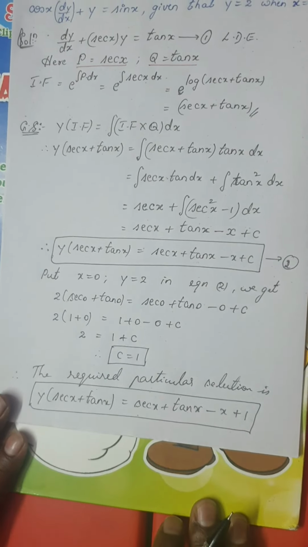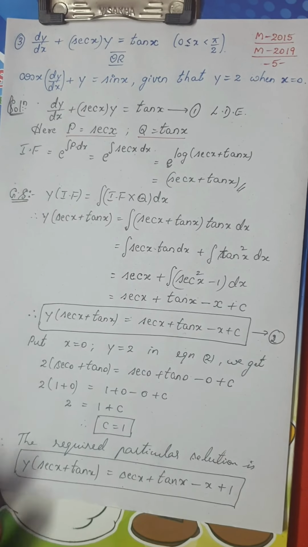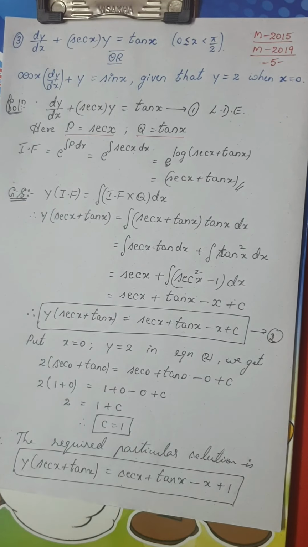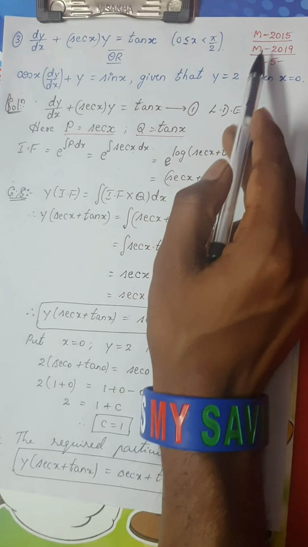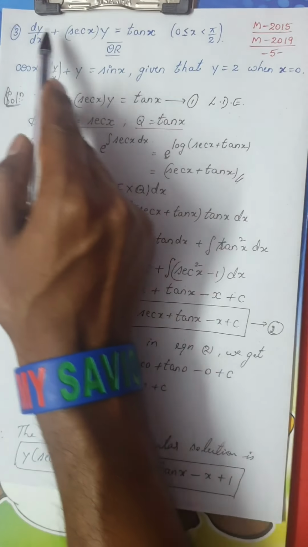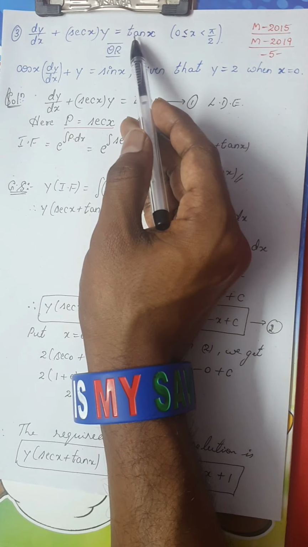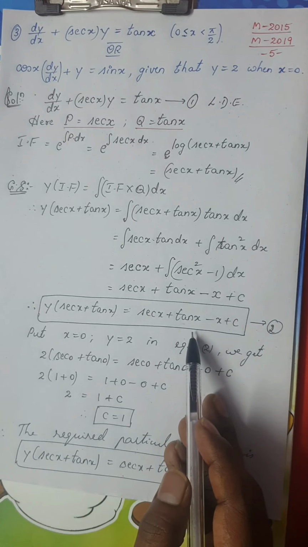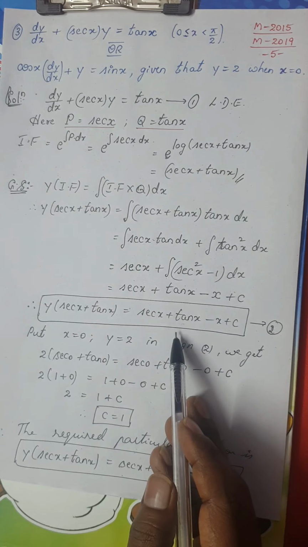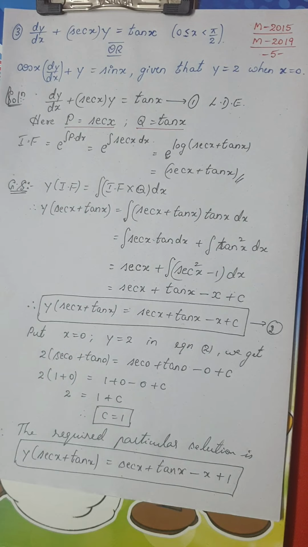So this is how you find out the particular solution, provided he has given the conditions for y and x. Luckily, though he has asked 2 times, he has not given you the particular solution but just asked you the general solution. So if they ask you the general solution, just stop it here. You will get 5 marks. Very easy question, isn't it? Okay, dear students, shall we move to the next question?